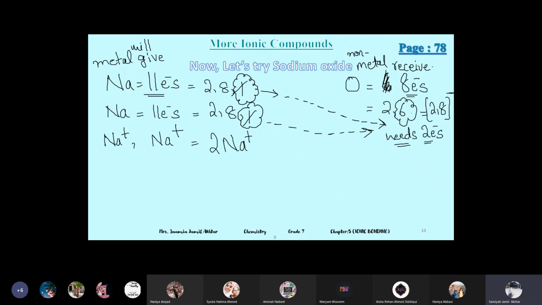And oxygen, because there is only 1 oxygen and it is getting 2 electrons, so 2 minus will come on oxygen. Can you guess its formula? What will be the formula of sodium oxide? Because there are 2 sodium and 1 oxygen. Na, 2 and... How many atoms of sodium are there in this? 2. So it will be Na2O. This will be the formula, Na2O.